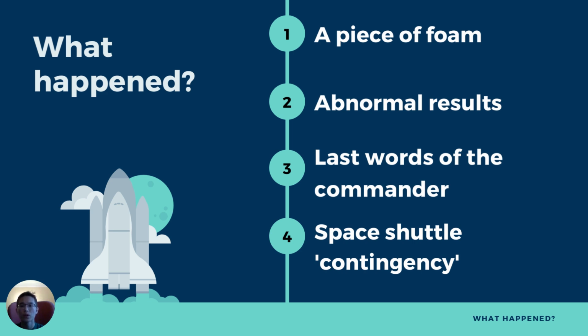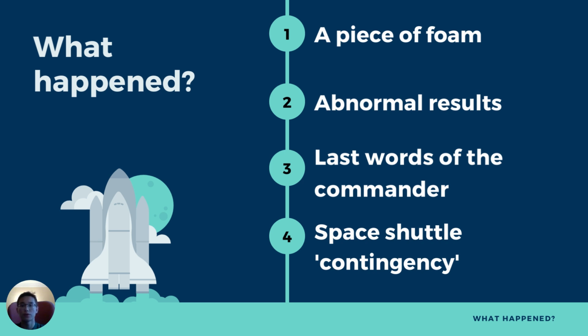First of all, during the crew's 16 days in space, NASA investigated a foam strike that took place during launch. About 82 seconds after Columbia left the ground, a piece of foam fell from a bipod ramp that was part of a structure that attaches the external tank to the shuttle.